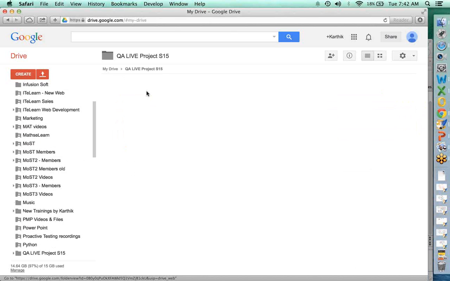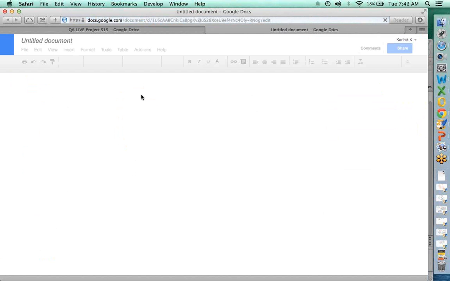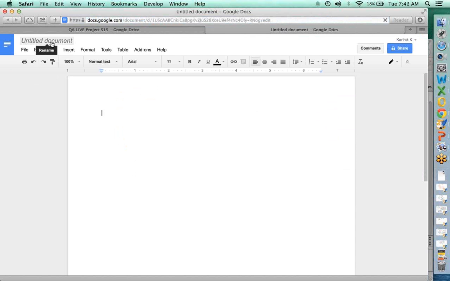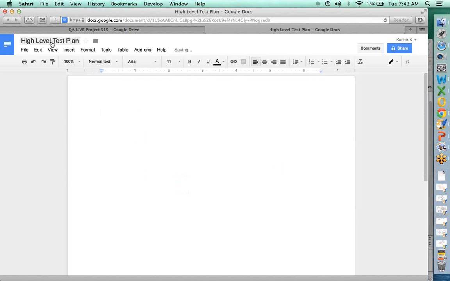Now, what we're going to do in this is discuss a lot of aspects of what we're going to be working on and so on. So I'm going to call this high-level test plan. This test plan does not really have any format, but what we will do is we will identify, we'll start with application under test. So application under test, that is AUT. Then we will talk of scope of testing, start and end dates,